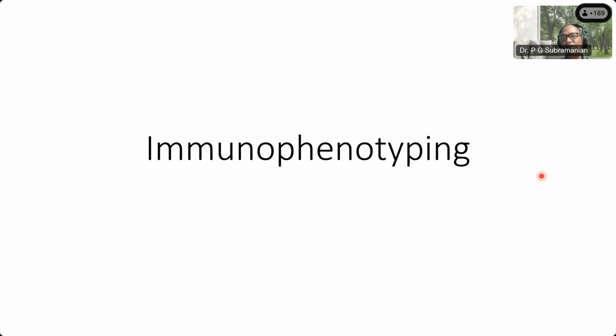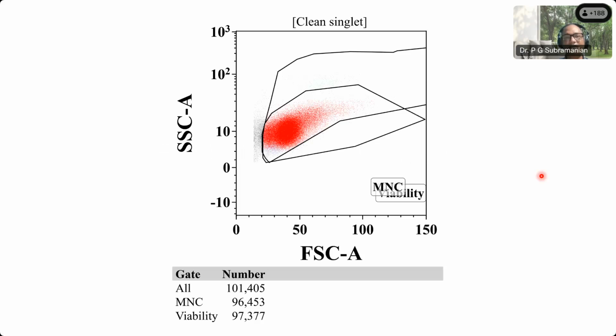So immunophenotyping, I will just go through the plots so that people get an idea of what is there. This is the first plot. So who is next? One of you can take it: what does this plot show, and what are we expected to do in these two plots? Sir,